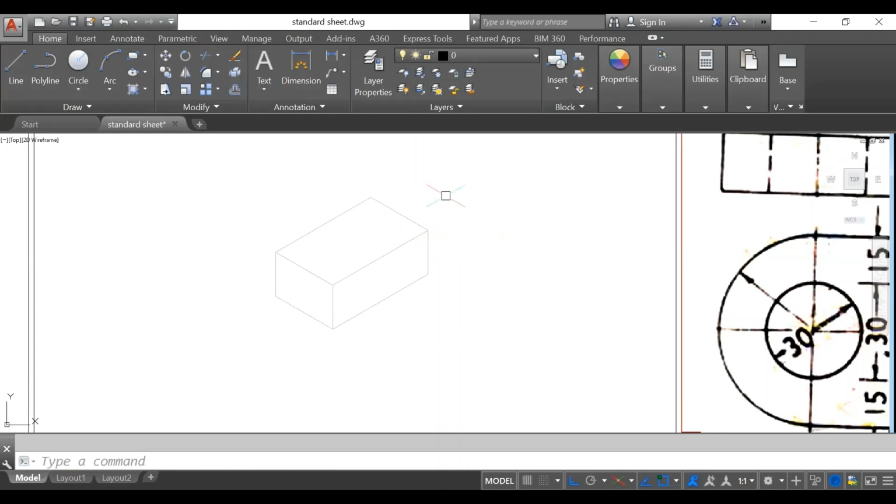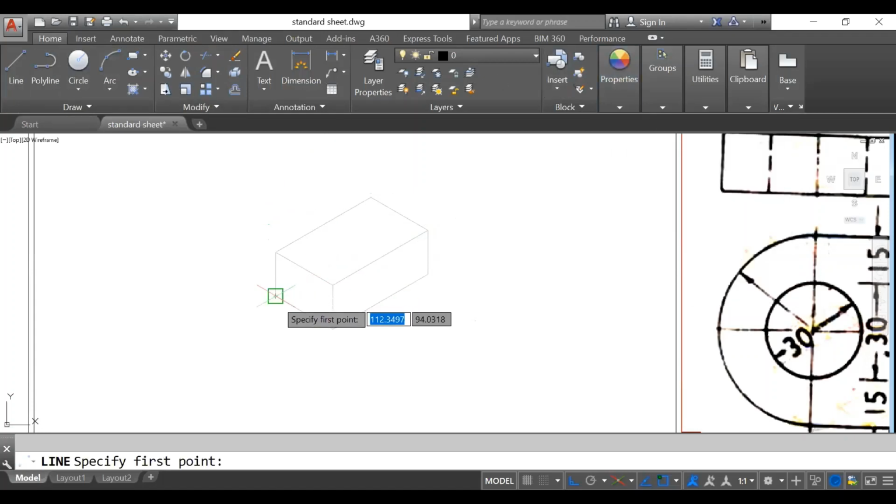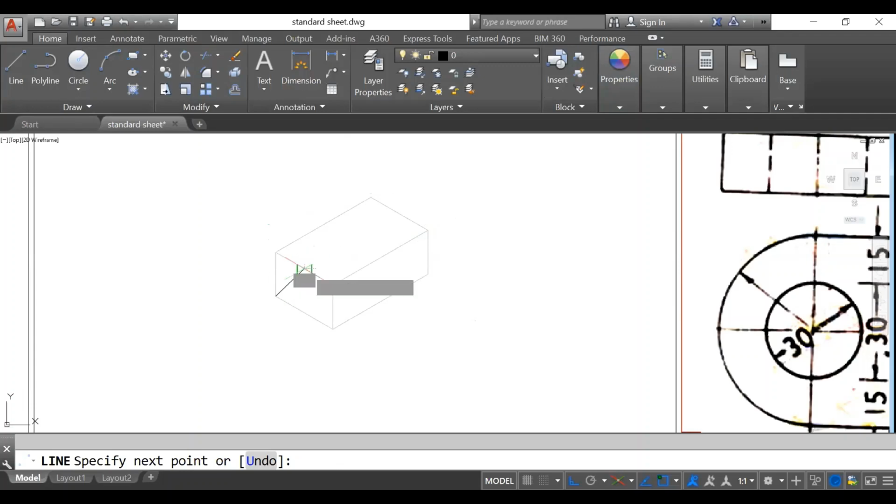So this is the limit for isometric projection. Like the limit for orthographic projection, we have to prepare limits for isometric projection also, and within that we can draw. Now we can draw it here by changing the color. If I want to prepare a triangular prism, I will first prepare a triangle here.